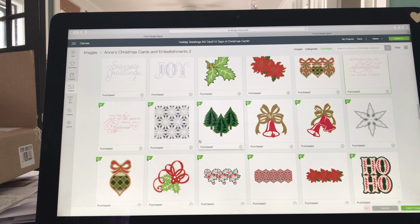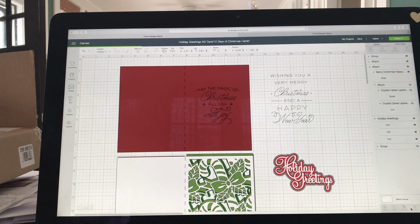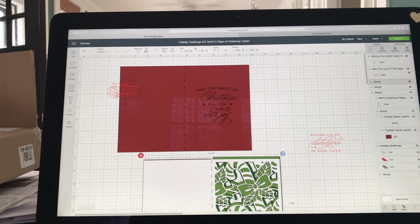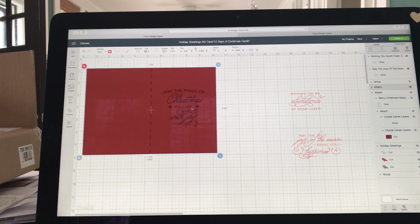I'm going to just choose a couple here so you can see. And down here in the bottom, I might be just out of frame, but that's how I know what images I've selected to pull into my canvas. So here, let me just make things completely simple. Okay, so I pulled in a couple of these images,